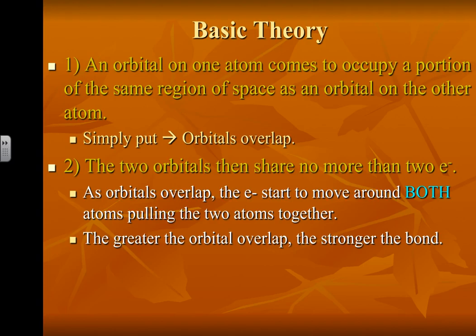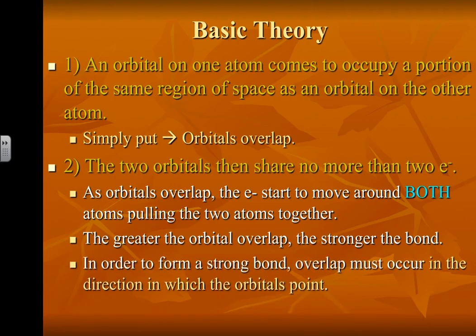This is like a people relationship type of person. Like the longer you've known someone, the more your lives begin to overlap and the stronger your bond with that person. So it's really, really similar. And in order to form a strong bond, orbital overlap must occur in the direction in which the orbitals point. And that might be where I lose you just a little bit, and I'll show you pictures coming up later,